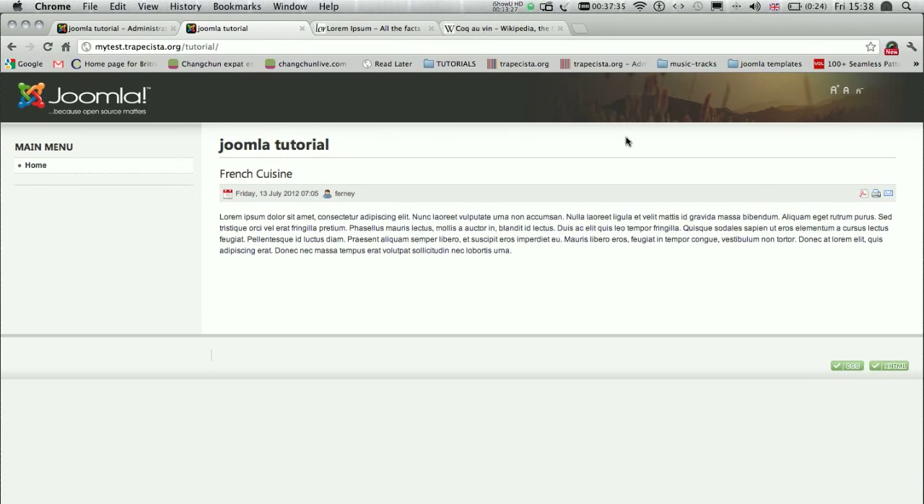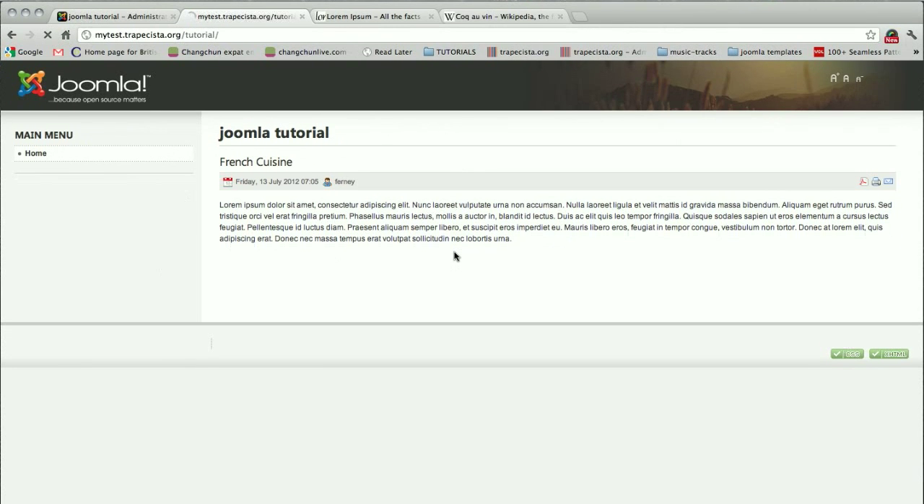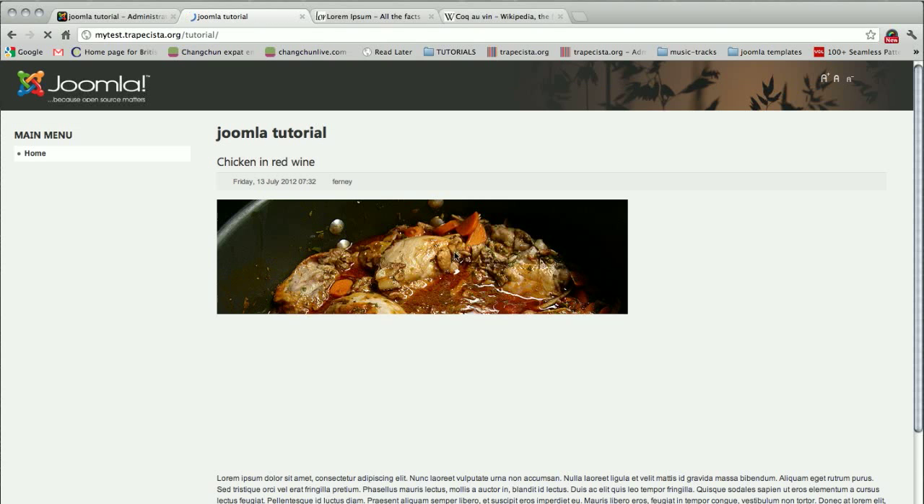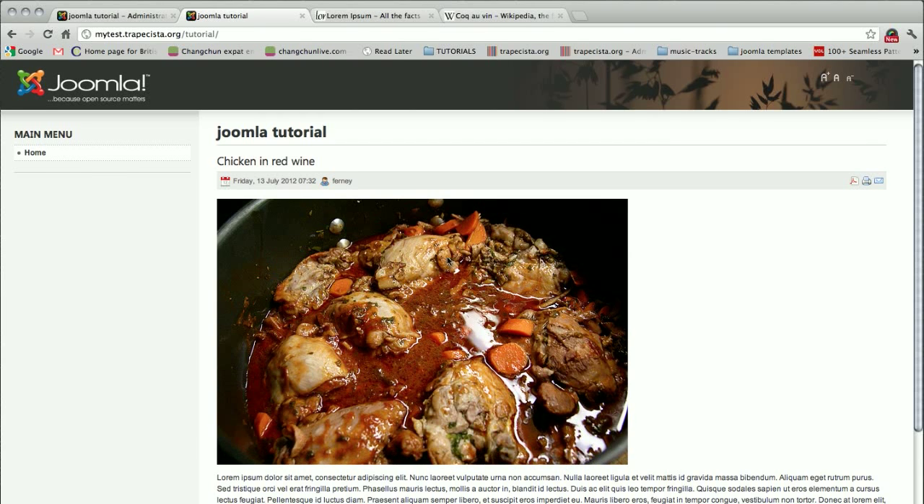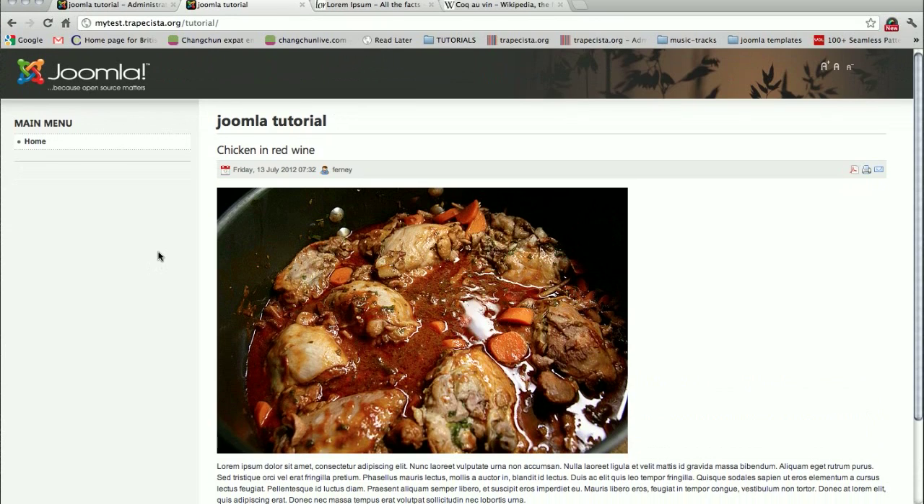This is the tutorial. This is the article, sorry, that I created in the previous tutorial. So I'm going to do Command R, and we should have our chicken in red wine article. Okay, so that's looking very, very yummy,